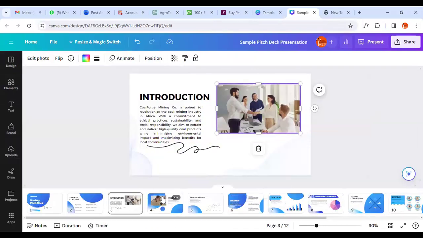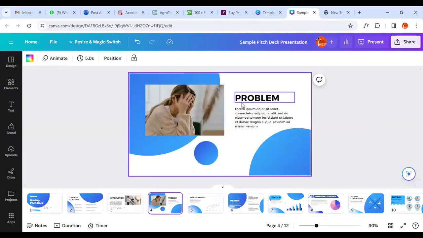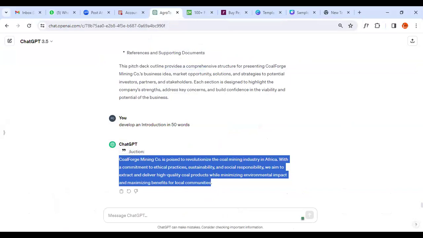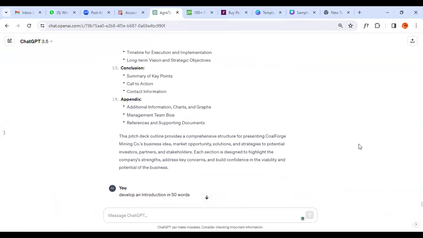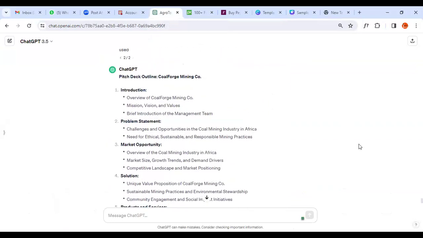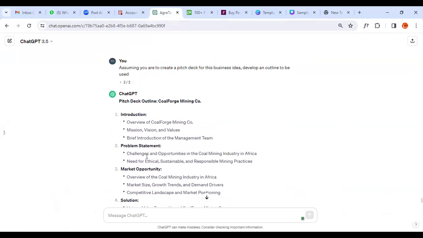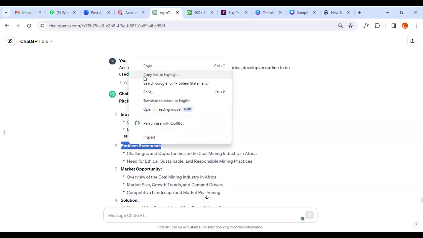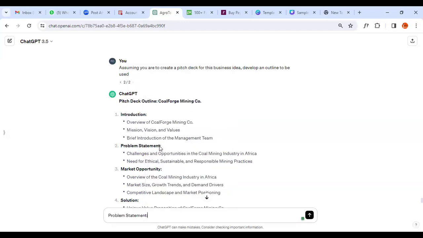So the next thing is to move to the problem statement. So now we want to go to the problem. What exactly is the problem that you're solving? You understand? And don't forget that ChatGPT also gave us the problem as the next thing to be done. But just ensure that whatever you're writing is not so full of stories and stories. So let's assume that you have given it some facts and figures before. You can just tell it to create